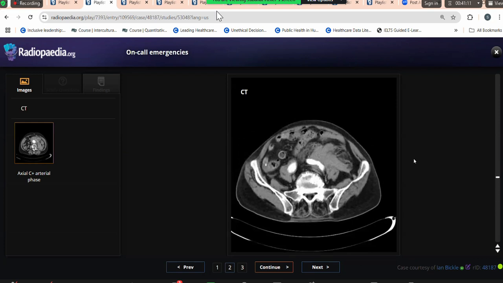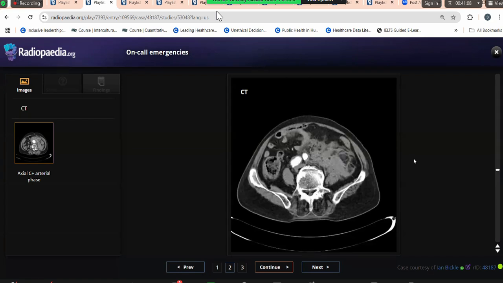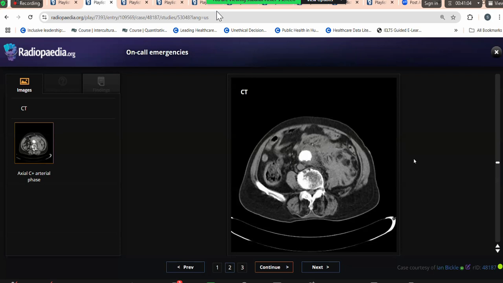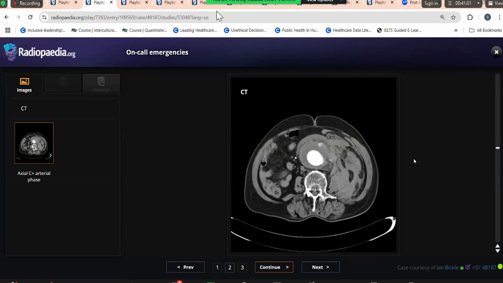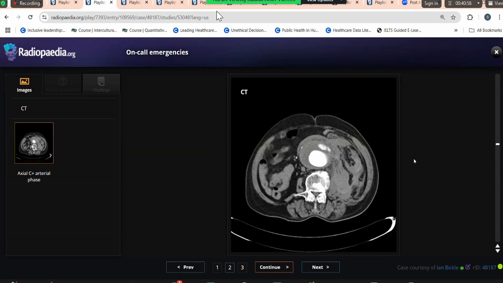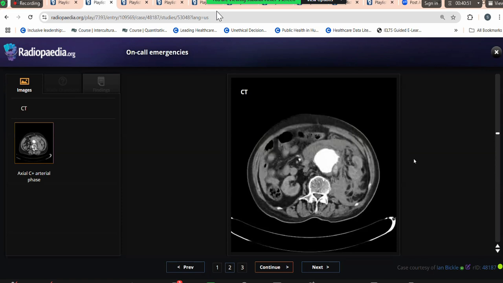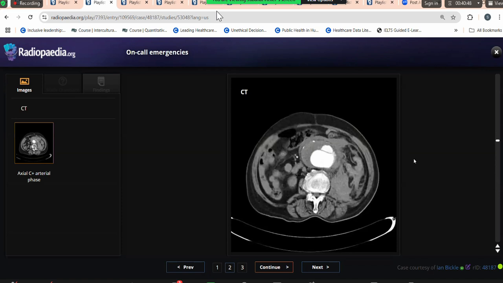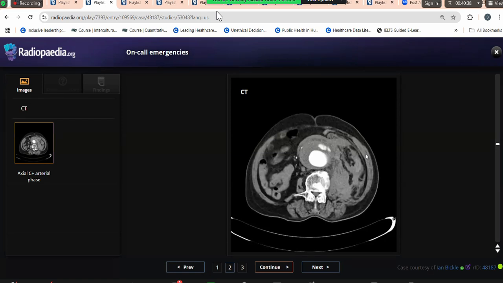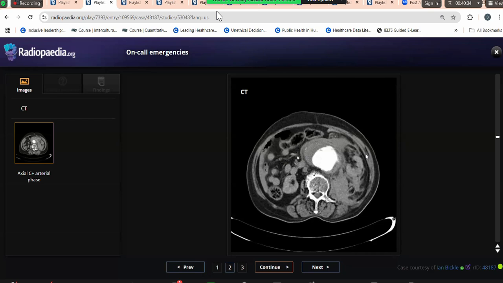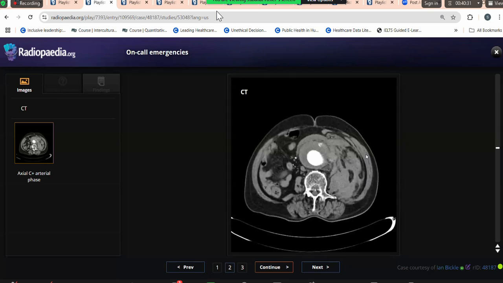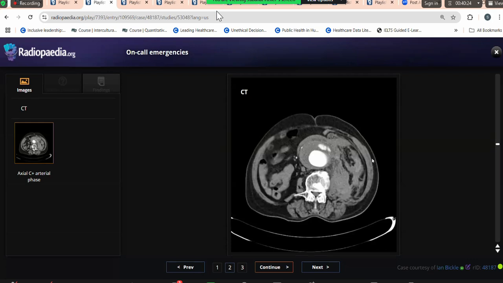So there is a high density retroperitoneal region, and that has caused also thickening of the Gerota's fascia, and I can see that there is an area circumferentially present along the abdominal aorta, and the abdominal aorta is significantly dilated in the infrarenal part, and there are displaced calcifications of the aortic wall also seen. There is also a contrast blush seen along the anterior aspect within this non-enhancing part that is contiguous with the